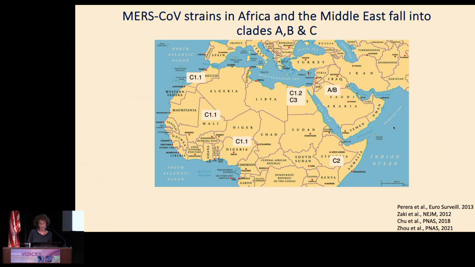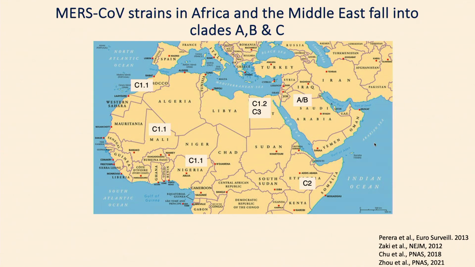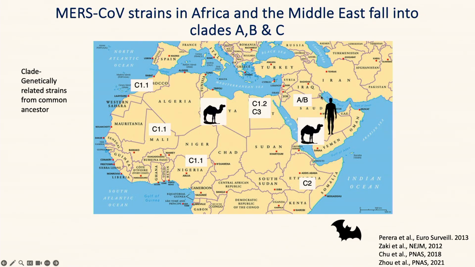But here's what's really interesting, I think. So MERS coronavirus strains in Africa and Middle East fall into 3 clades. Clades are just genetically related strains from a common ancestor. So there are different groups of related MERS. So that's like clade A, clade B, et cetera. And again, MERS came from bats. And interestingly, in the Middle East,